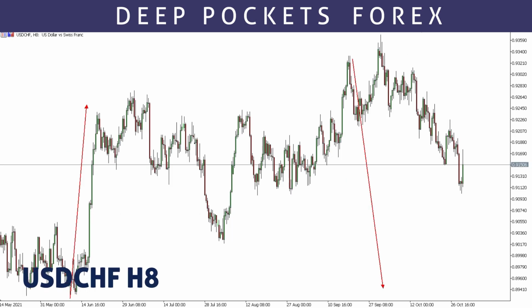This is USD CHF here. From USD CHF, from here, we say two things could happen. We can have price pushing up all the way up, slightly breaking this previous low, then give a down move, or from here we can have price push all the way down, following this direction here, all the way down to this area. So from here you can expect price to continue downwards, or this might just have been manipulation downwards, then price can push up like this,